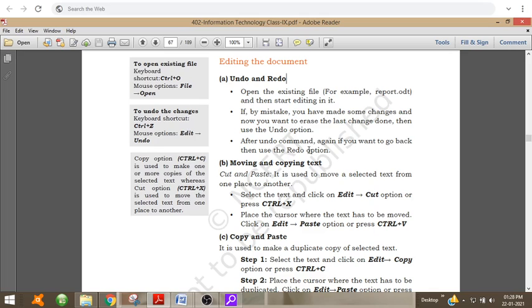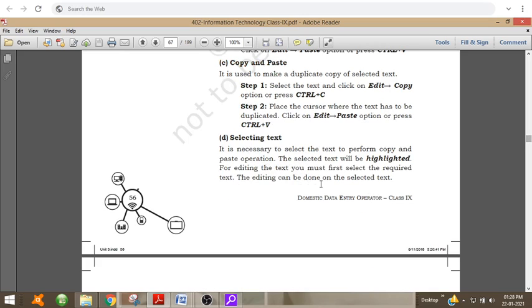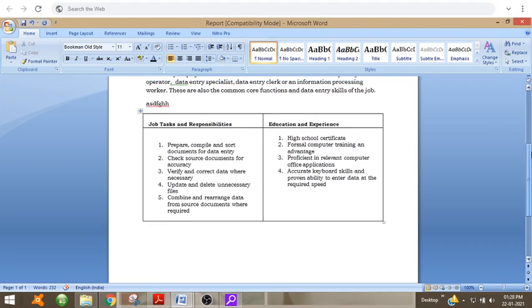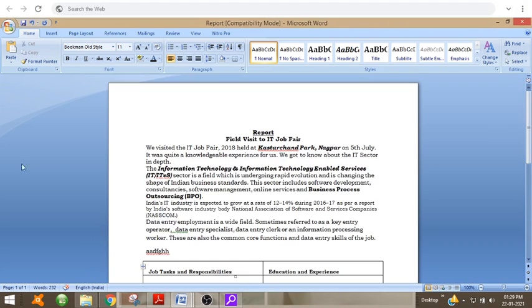Then let us see what the keyboard shortcuts are. Now suppose I have typed here A, B, C, D. So I have typed a few characters. Now I want to undo this.